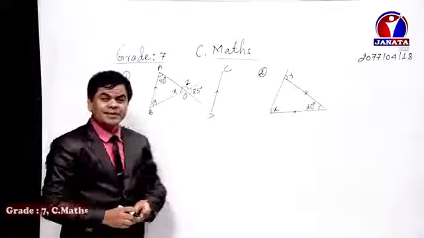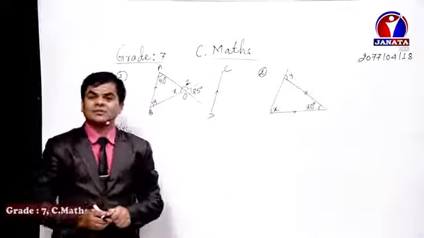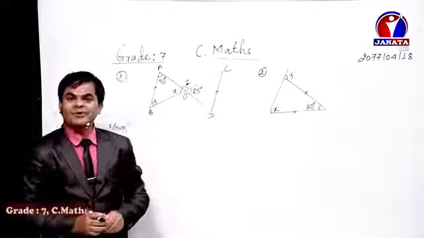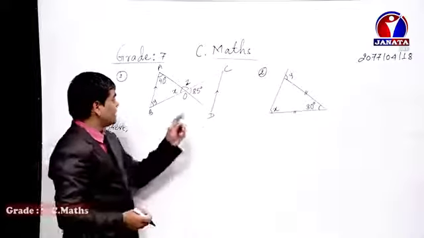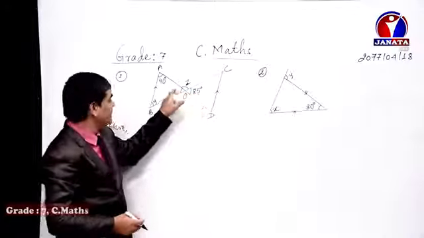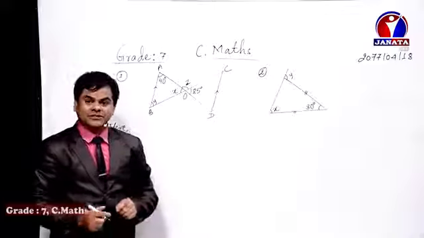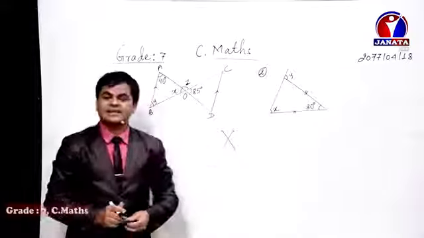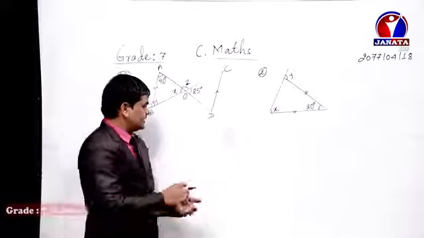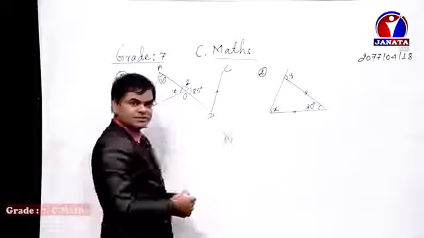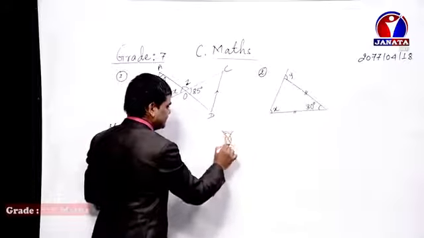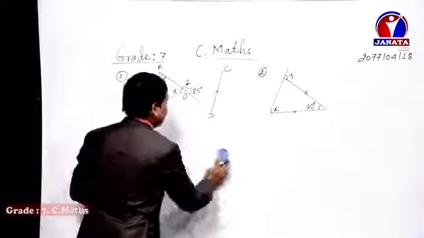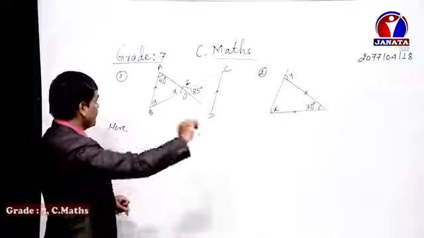In the very beginning of the geometry chapter, I had discussed the different types of angles. One is the vertically opposite angle. The relationship between vertically opposite angles is that they are equal to each other. If you see, dear student, here is 25 degrees and here is X. These are vertically opposite to each other because those two lines are intersecting in this way, isn't it? If two straight lines intersect in such a position, then this angle will be vertically opposite to this one, and similarly this side and this side. The vertically opposite angles are equal to each other. So we can write directly the value of X as 85 degrees.